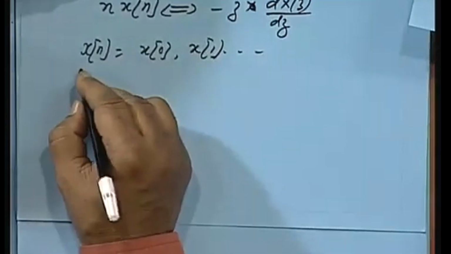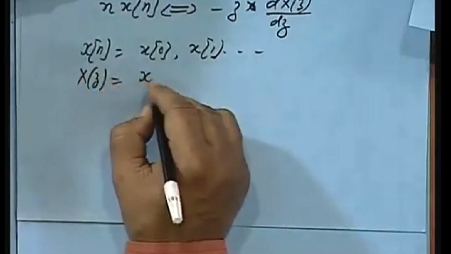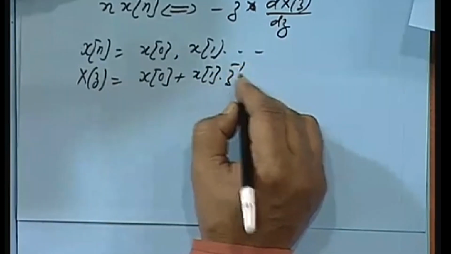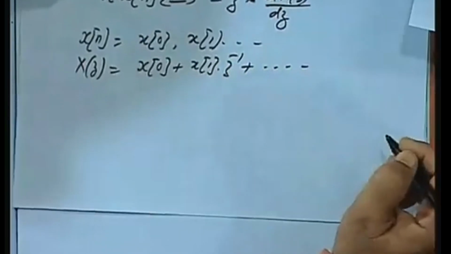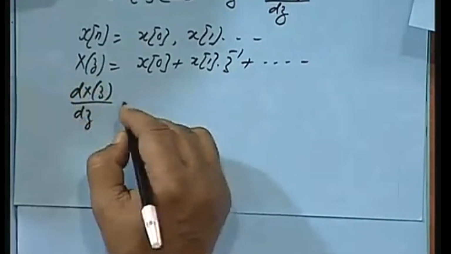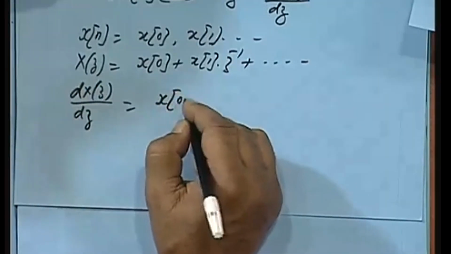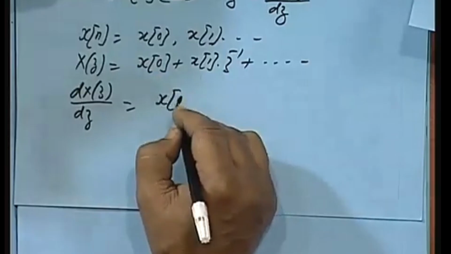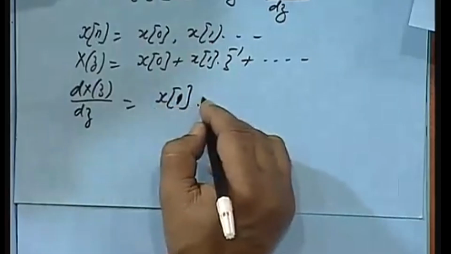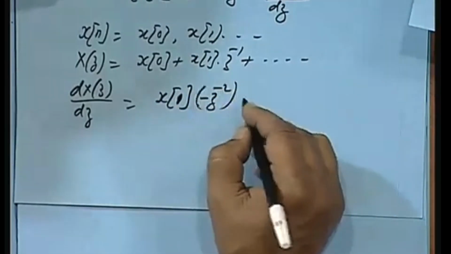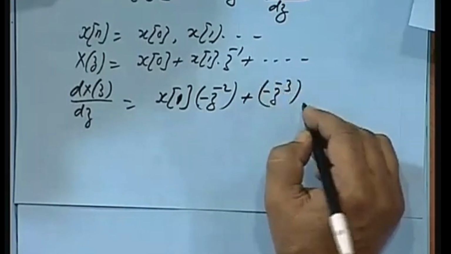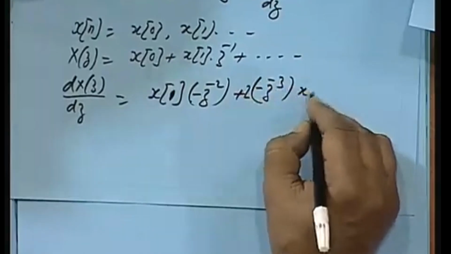So, x z is x 0 plus x 1 z inverse and so on. So, what is dx z by dz? It will be x 0, derivative is 0, then x 1 z inverse, if I take the derivative, it will be minus z to the power minus 2, plus minus z to the power minus 3 into 2 into x 2